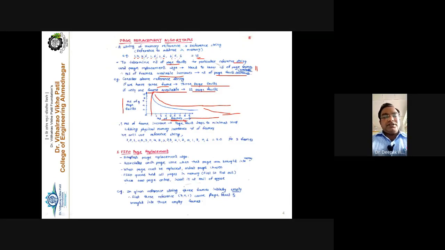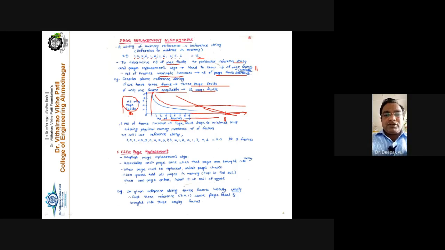There are at least one or two page faults that occur in the system. So that's why after some time this graph becomes linear. It is exactly parallel to your x-axis. It will never cross the x-axis, and the page fault never becomes zero here, right? This will not happen because practically it is not possible. Theoretically you can draw the graph, but practically it is not possible to reduce the page fault number to zero. So what we can do here is minimize the page faults, right?